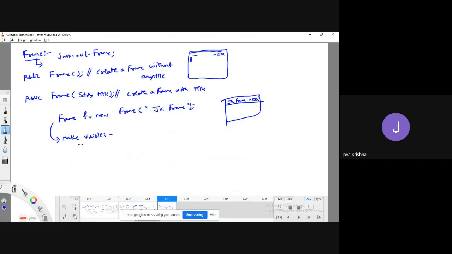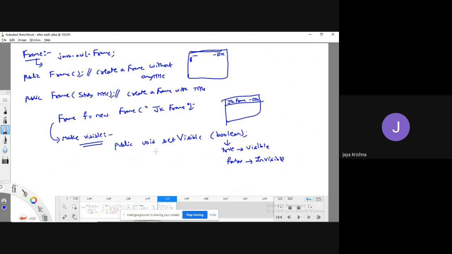you have to use a method whose profile is public void setVisible of some boolean value. If you pass true, my frame will be visible. If I pass false, my frame will be invisible.